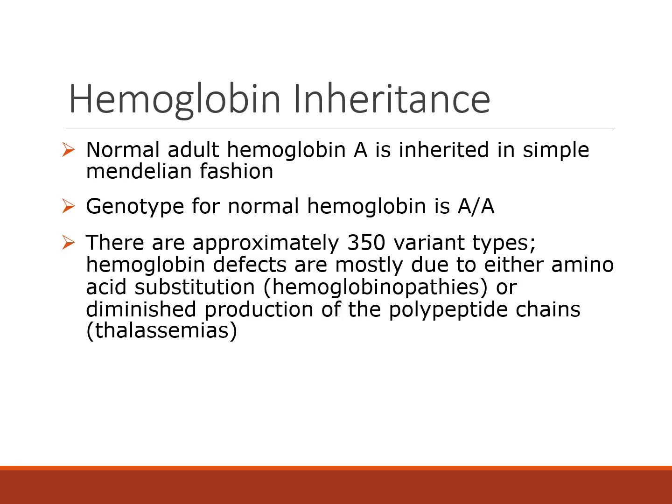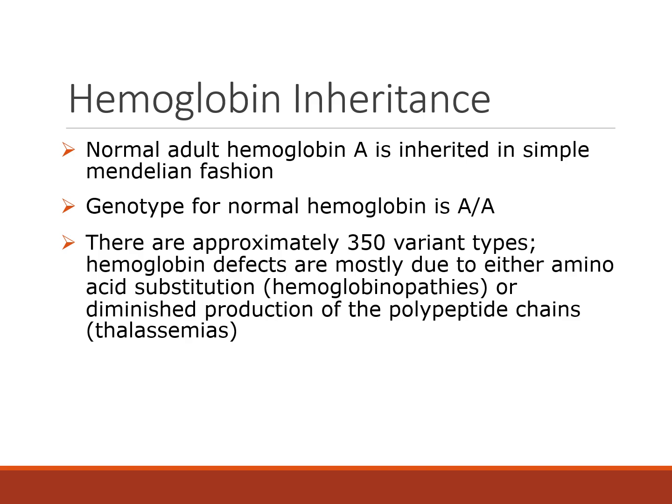Hemoglobin is inherited from our parents. The amino acid sequence that makes our hemoglobin is inherited. Most normal adult hemoglobin is hemoglobin A. It is inherited in a simple Mendelian fashion, and the genotype for normal hemoglobin is AA, meaning you get a hemoglobin A gene from one parent and a hemoglobin A gene from another. There are, however, approximately 350 variant types, and that's because hemoglobin defects are mostly due to